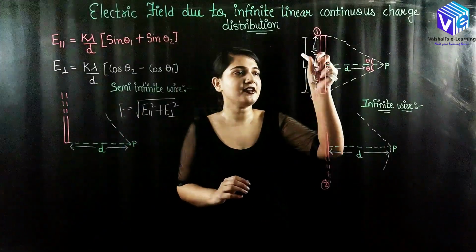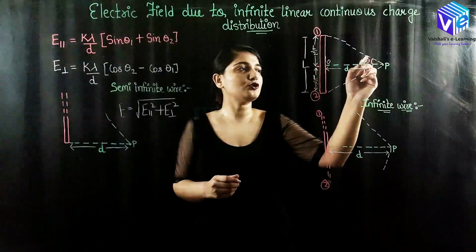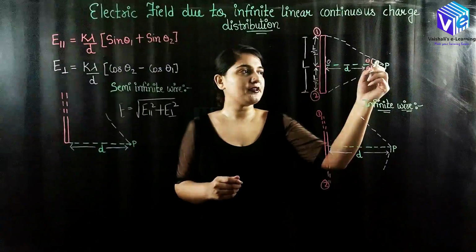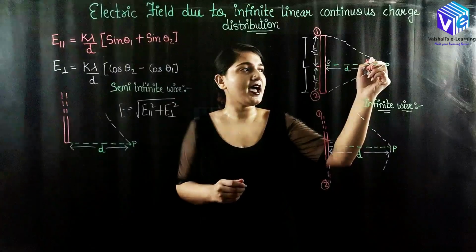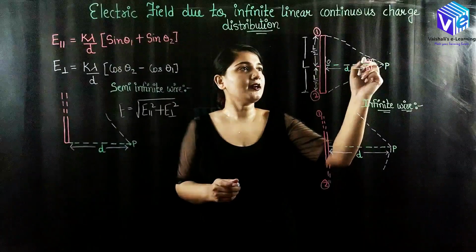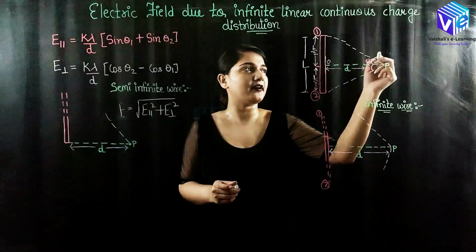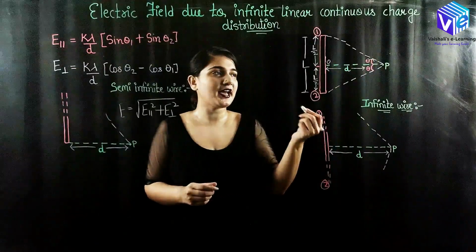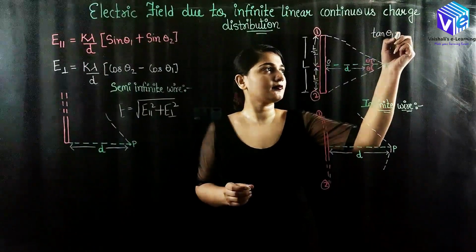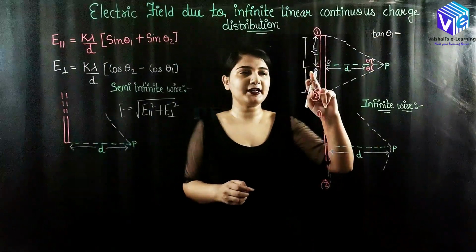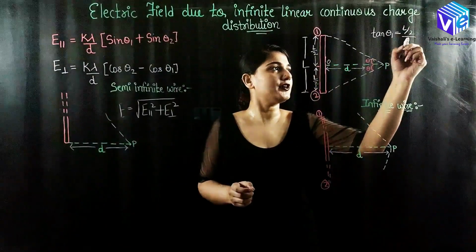First of all, this case. Here we have equal lengths of the wire on both sides. Now if I have to find theta 1, as I told you in the previous video, I have to stay at this axis, and from this axis I calculate the angle which point 1 makes with this axis. So this is theta 1. What will be tan of theta 1? Tan of theta 1 will be perpendicular upon the base, so it will be L by 2 upon D.